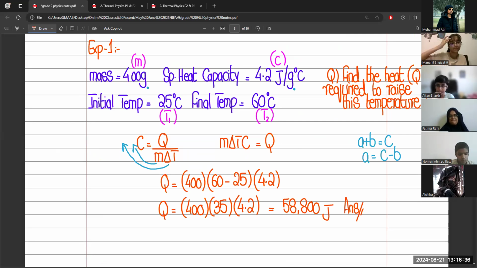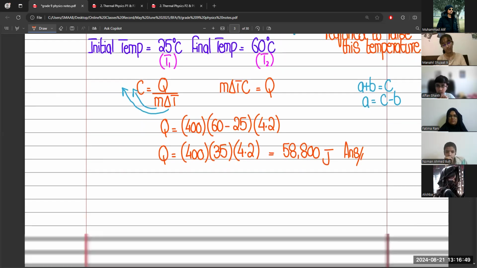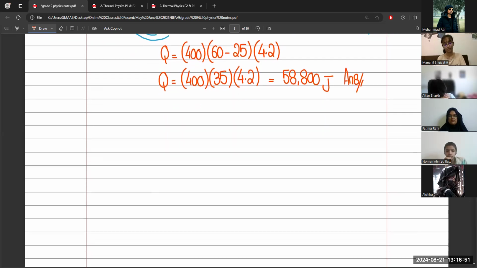So in this way, if you have confusion in shifting the values, you may ask, or you may practice two or three questions by yourself in the same way by shifting the values. Then you will get an idea how to shuffle values. Okay, so I'm giving you a question as homework, so you may solve it and send the answers in the group after the class or whenever you get free. Just solve that question and send me the answer. Then I will give you some more questions as homework in the group, right? So before the next class, you may solve those questions for specific heat capacity.